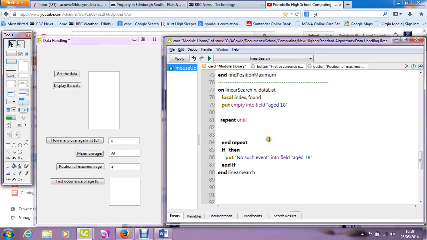Hi, I'm going to change my linear search so that now I just find the first occurrence of the value of 18 if it exists. So I'm going to keep looking at the values in the data list until one of two things happen. Either I reach the end of the list, so my index value gets to n, or my element in the array or data list